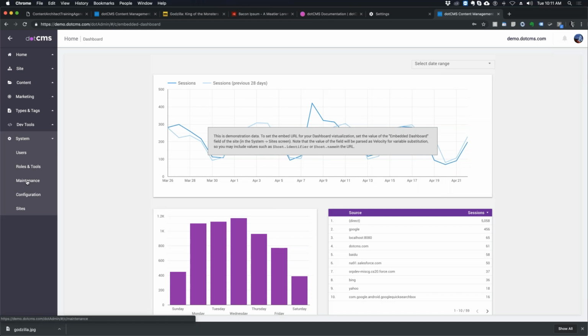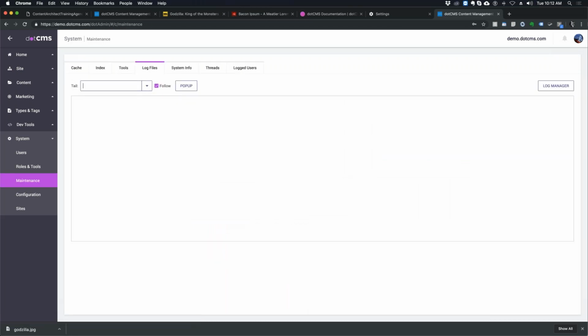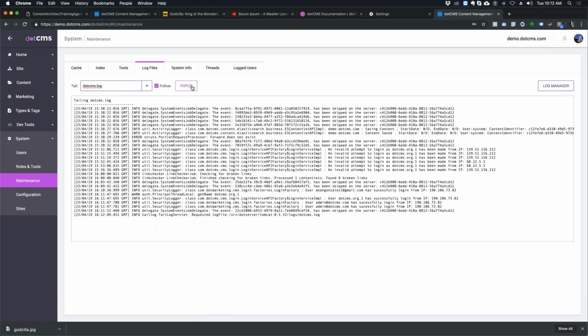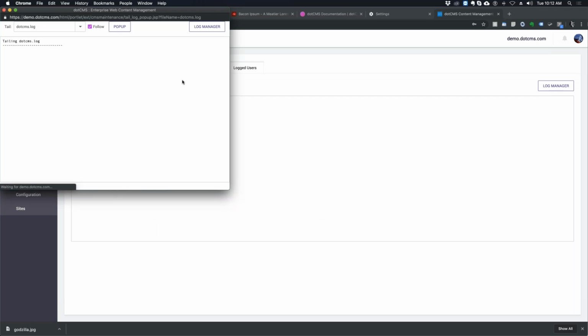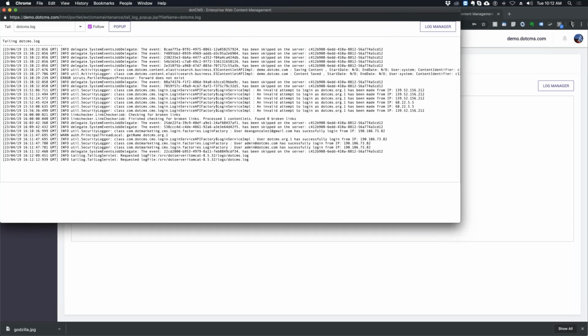if here we go to system, we go to maintenance, we go to log files, then here, yeah. We see the .cms log. Now there should be more configured here. There should be a push publishing log, a velocity log. Our demo is just set up to follow the domain .cms.log. And then you can just pop them up here in this log manager, move them to the side, and then